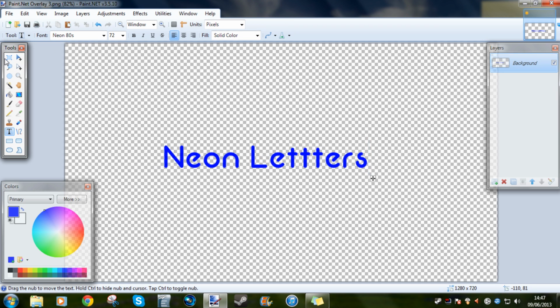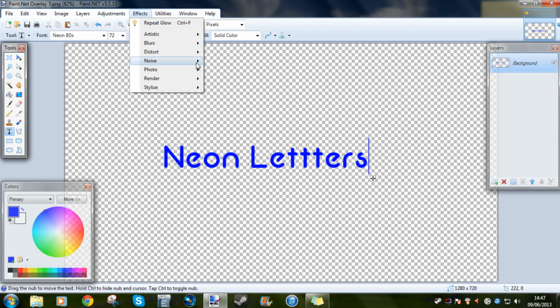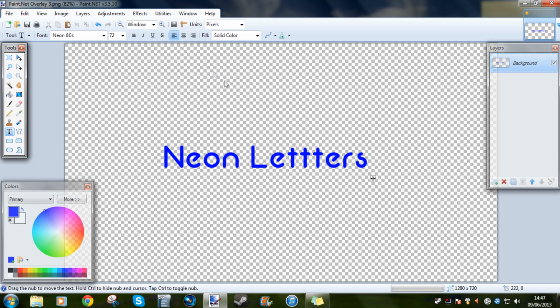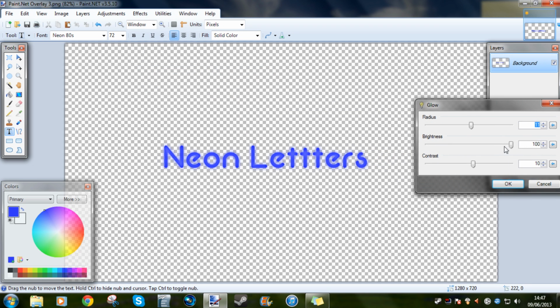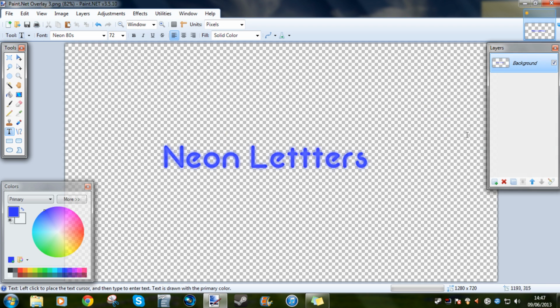And now you have to use the Effects tool once again. Now you have to go to Glow in the Photo section once again, and you have to set your brightness to maximum and your radius to about the middle, because that doesn't look very nice and that just looks a bit not very neonish. So now you got your neon letters,